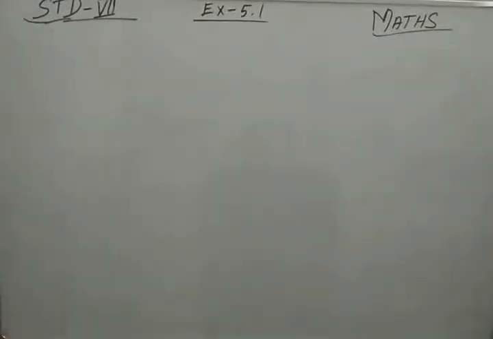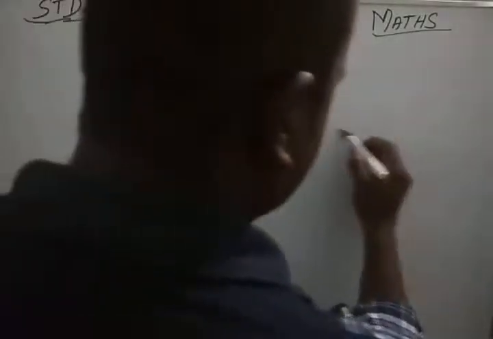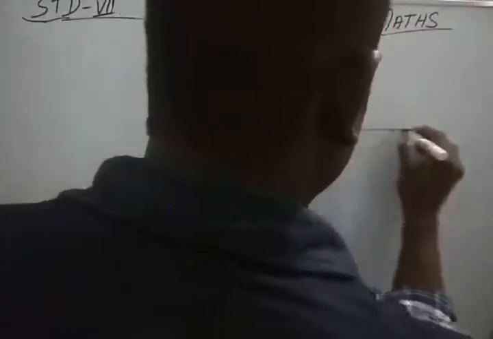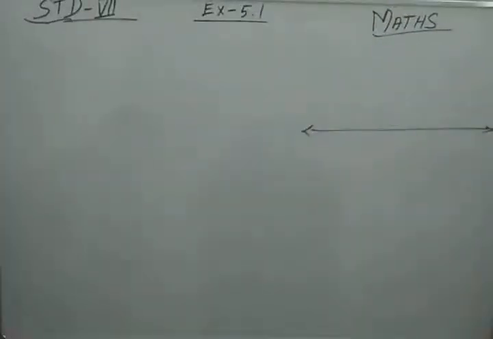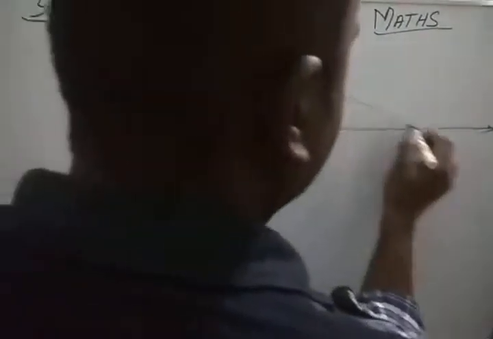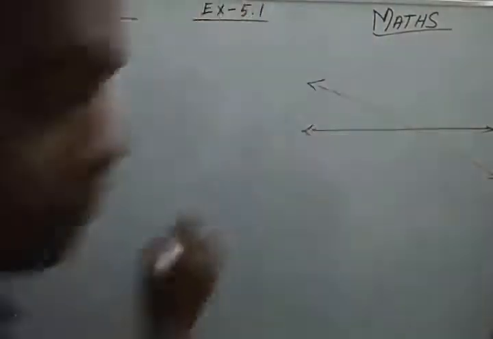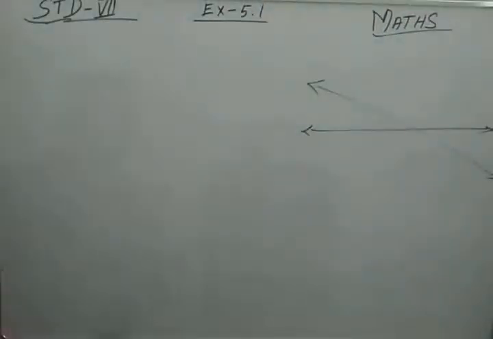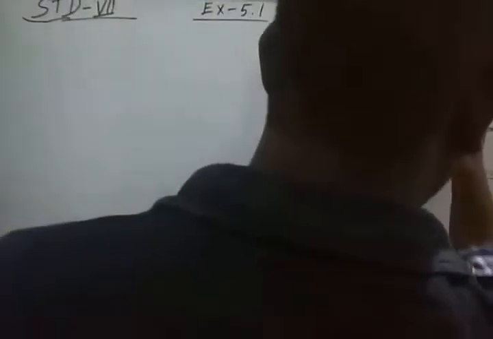One figure they have given there. The figure is in the adjoining figure. Name the following pairs of angles from the picture we have to draw. So first, they have given the picture like this, and they have given one more line like this. Okay, and they have given the 90 degrees also from here.